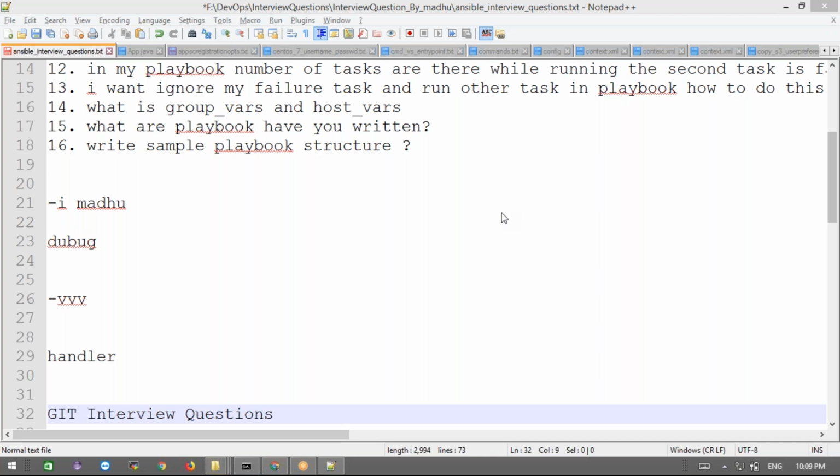Then we should create the key and copy it into those nodes in the authorized keys folder, or else just use ssh-copy-id username at IP address of those nodes. Then the master, the Ansible server, will copy that key into those nodes. Okay, that's how we troubleshoot that.